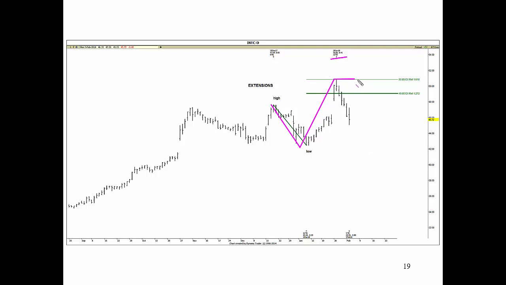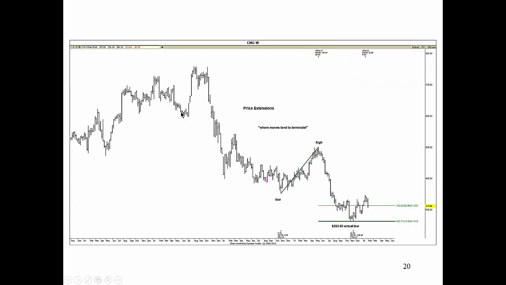5085, 5085, yeah. So anyway, you want to be prepared. You want to ratchet up stops, especially if it gets into either the 1272 or 1618 extension. And you would have been stopped out, but hopefully with a profit. Now, let's see. I have another example of an extension, and it's a pretty old chart, but